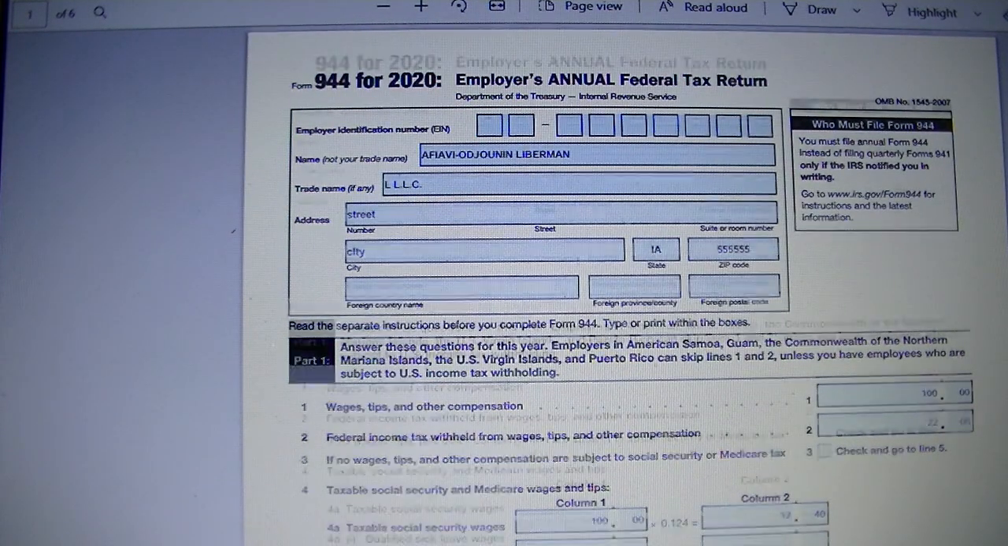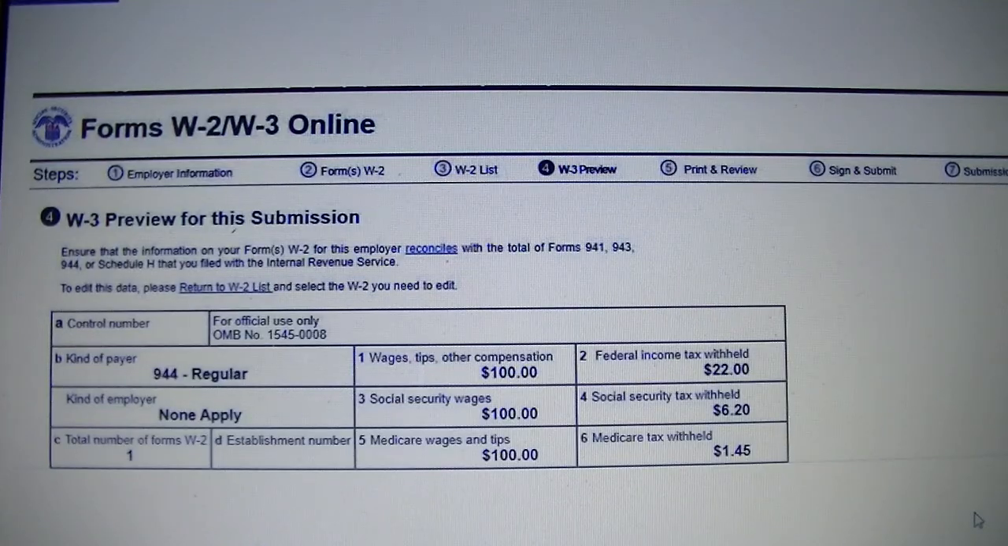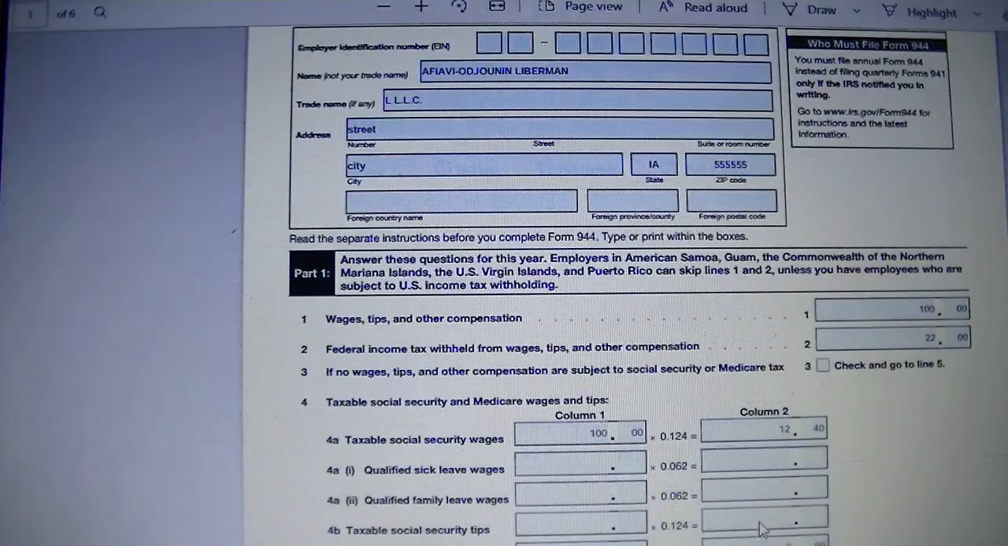And as you can see, Box 1 is 100.00, Box 2 is 22.00 on the Form 944 that we previously filed with the IRS, and we have a video on that as well in the playlist, how to file Form 944 for 2020, I believe. So line 1 and 2 match. So line 3 and 4 of W-3, we could go back to our Form 944 and check